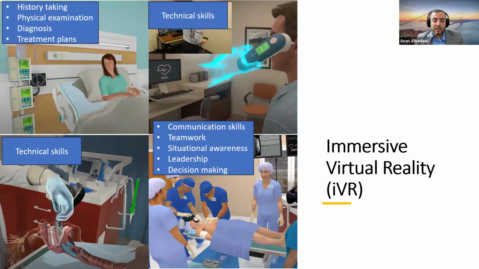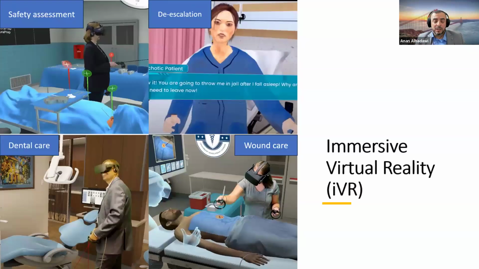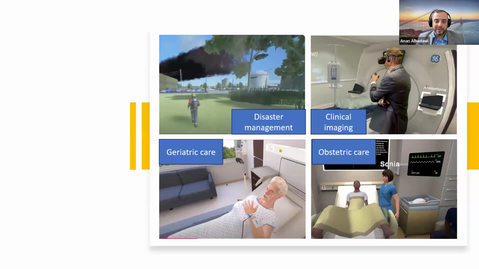Like in ACLS, you can give instructions to the avatars, the virtual participants here: okay, you take the blood pressure, you perform compressions, you start bagging. Also, you can practice decision-making and clinical reasoning skills, and de-escalation skills. It's also an excellent approach for safety assessment. We can simulate a virtual environment and identify where the latent safety threats are in a place. We can use it also for wound care and dental care,